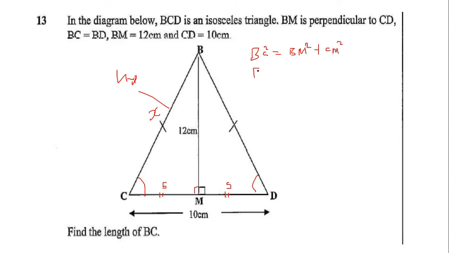So BC squared, you continue with it. BC squared will actually be equal to BM squared, which will be 12 squared, plus CM squared, which will be 5 squared. Now, by now, you should be able to know 12 squared means 12 times 12, which is going to give us a 144. So 144 plus 5 times 5, which is 25. Let's be familiar, because you guys don't use calculators. All right, so the total here is